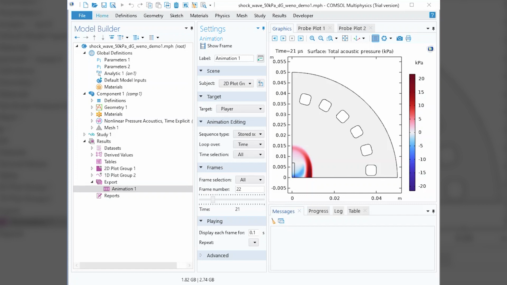The solver in this interface is a time-explicit solver. It means that the time steps taken by the solver are constant and directly proportional to the smallest size of the mesh element. For simple geometries, the smallest element size is defined by the requirement to resolve the acoustic wave in space and in time. For more complicated geometries, the minimum size of the mesh element might be controlled by small geometrical features